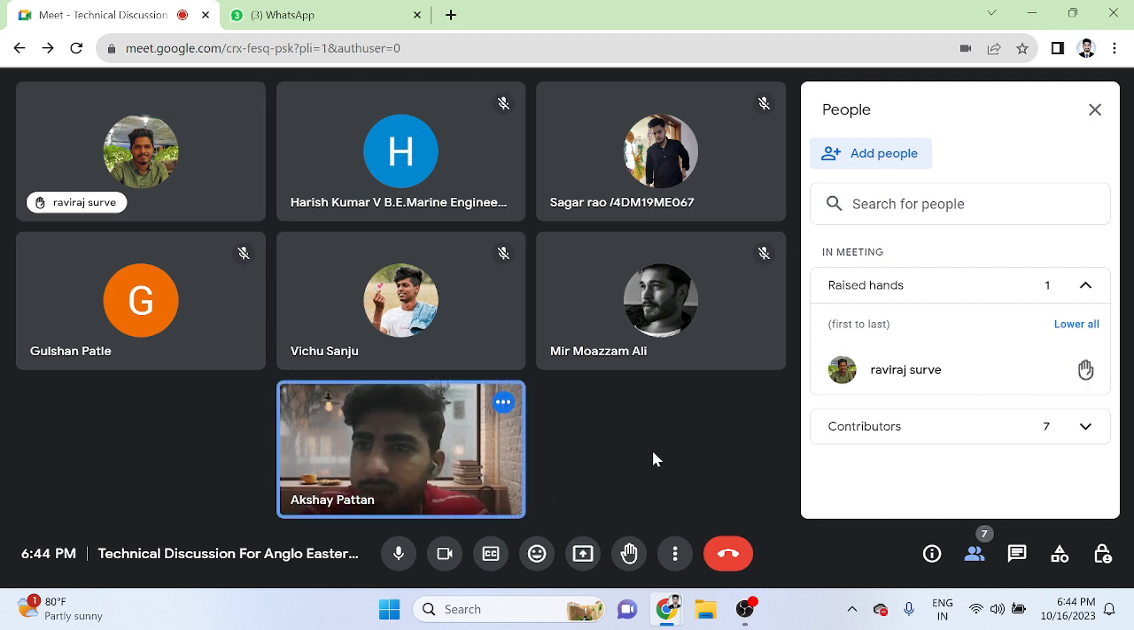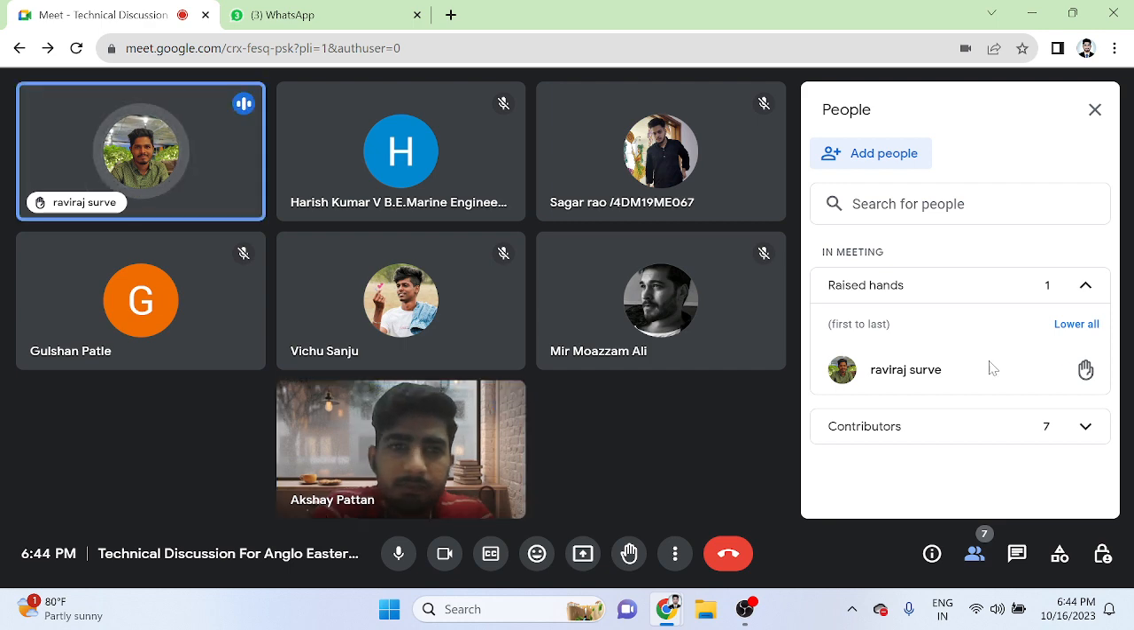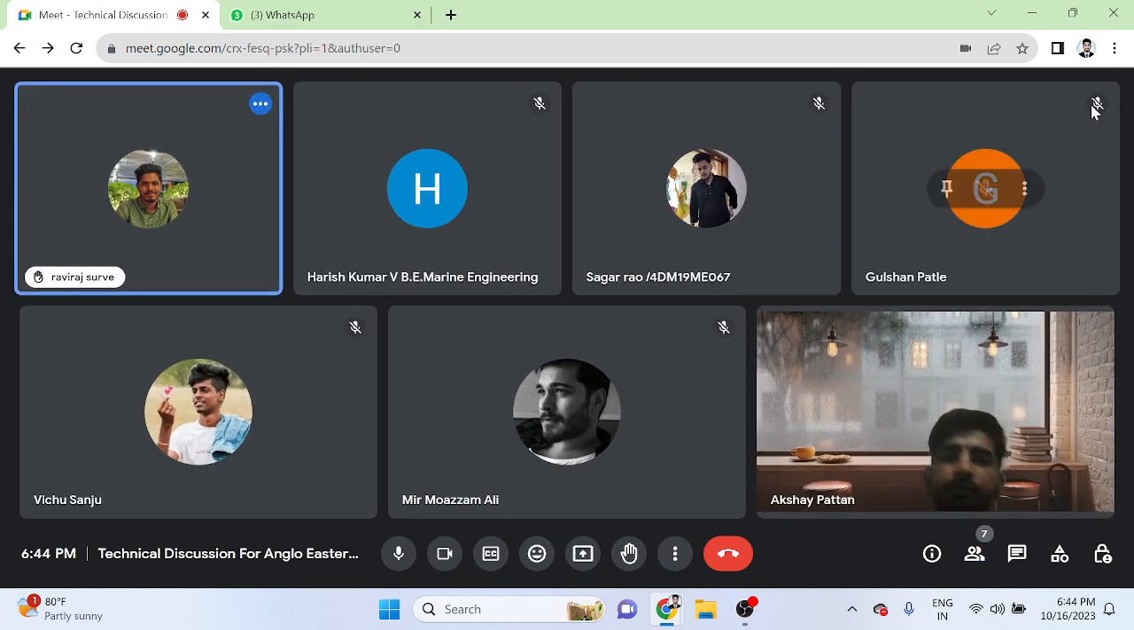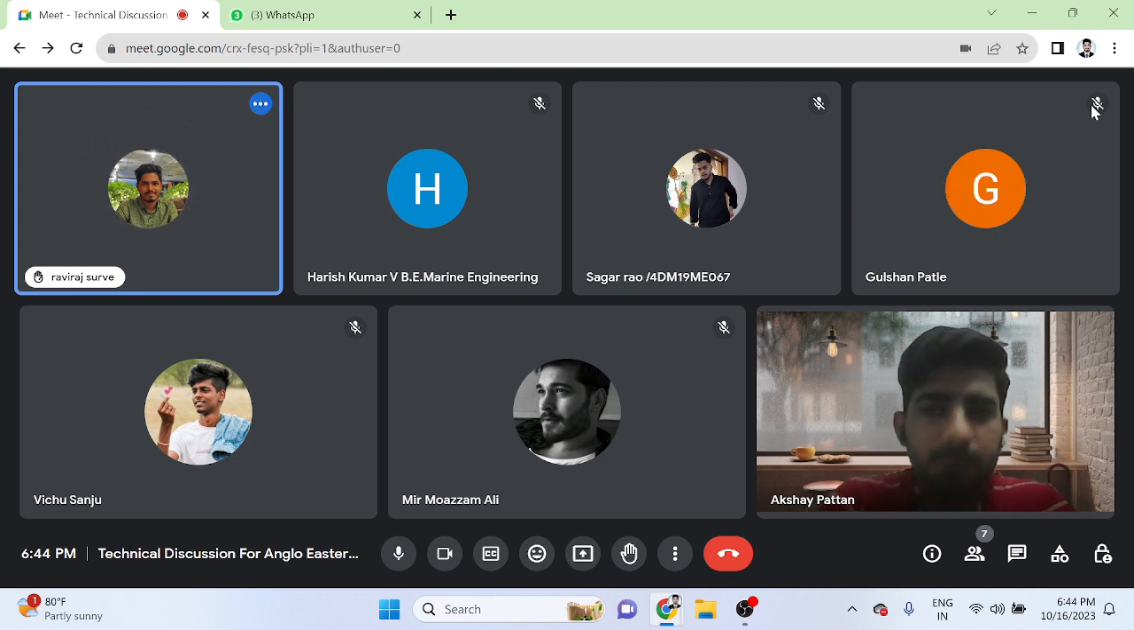Raviraj, go ahead. You have raised your hand. Basically, a gear pump is a positive displacement type pump. It consists of two gears. One is a driver gear and another is a driven gear. The driver gear is connected to the motor shaft. When the motor rotates, the driver gear also rotates, and the driven gear also rotates because they are meshing with each other. When they both rotate in opposite directions,